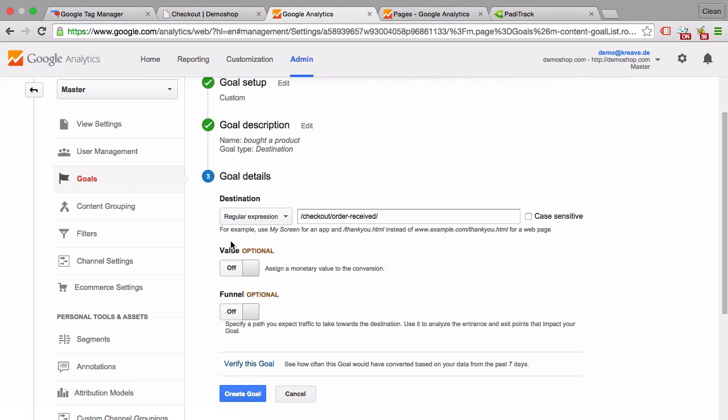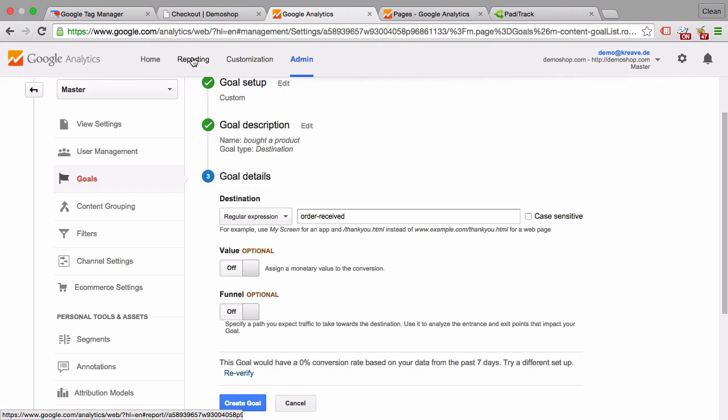But whatever you do, before you put in this regular expression or check out the different other types that you put in, and want to know if this actually triggers within your goal later, you can verify that goal down here and see if there is any conversion rate towards that goal if you have data already in your account. And we don't have much data in the account, so it doesn't verify here. Or you can go over to your reporting view,